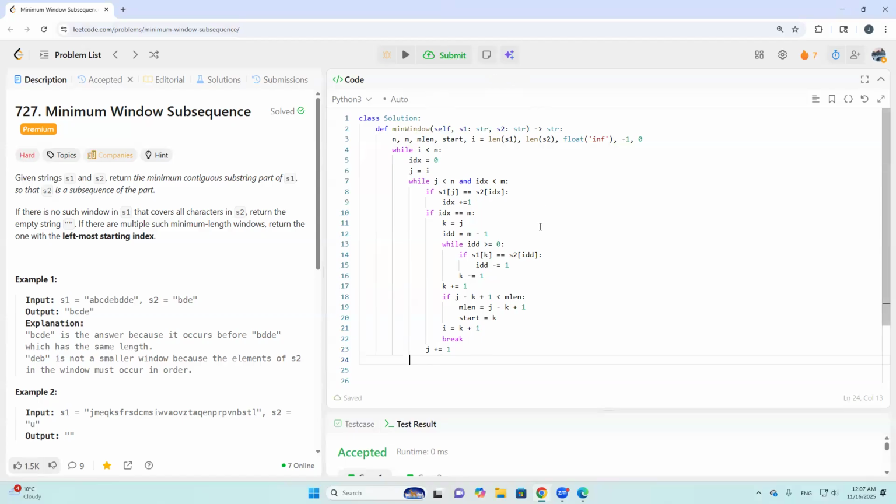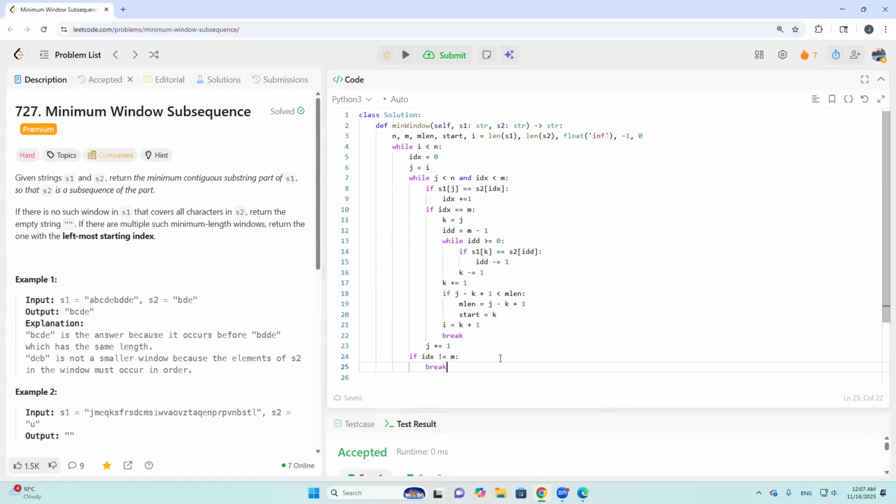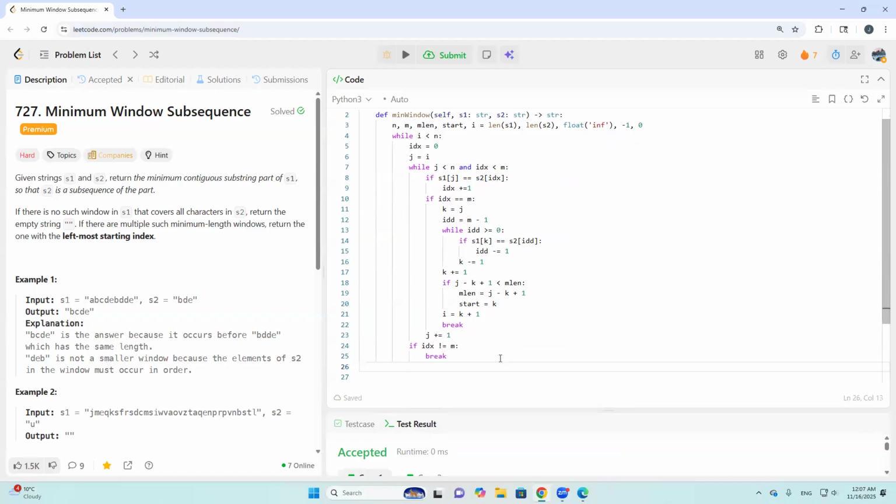Also, if index is equal to m, we write if index equals m, just break. If we didn't find a match, just in the end, we return this one if start equals -1, else it should be s1 from start to